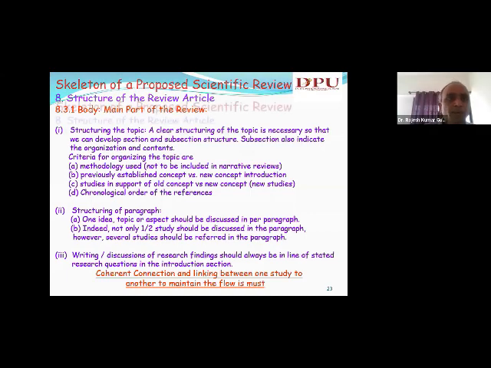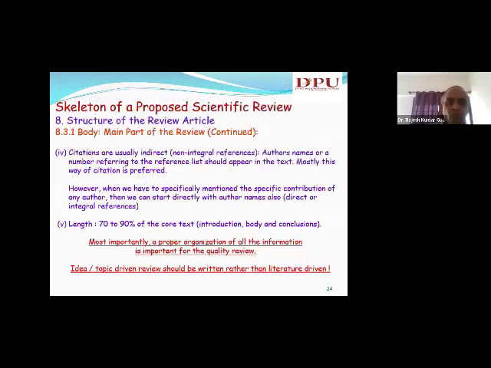Now coming to the structure of the review article, the next point, the main part of the review, that is citations. Nowadays different types of software are available, like EndNote and Mendeley. Whenever you write, you have a library of papers, you just select from it and the references come in automatically, and at the end the reference list is also set in the same way, first, second, third.